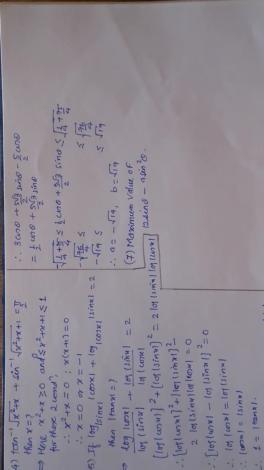But recollect what I told you. It must compulsorily be in the form of a sin theta plus b cos theta and vice versa. That means the angle must be the same. Here the angle is the same, but the degrees are different. That means either make the degrees the same or think of something else. So why not think of something else? I told you in such questions, generally try to make a whole square, because a whole square is always greater than or equal to 0.